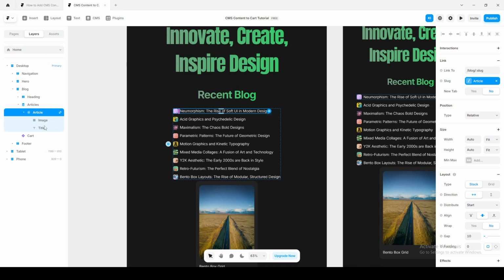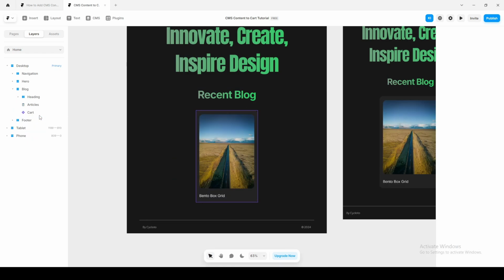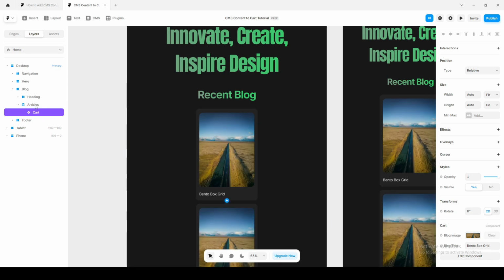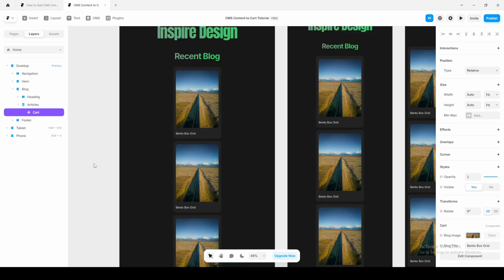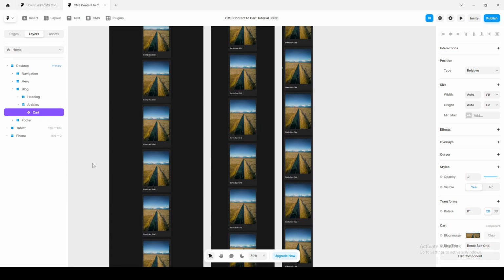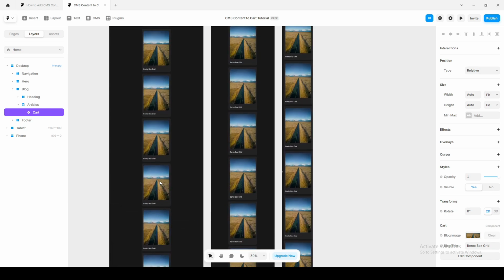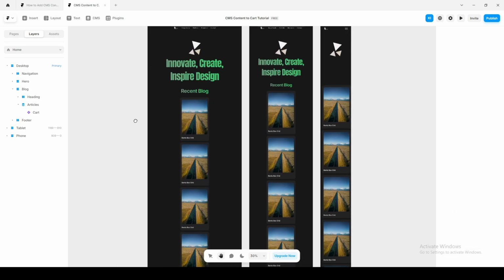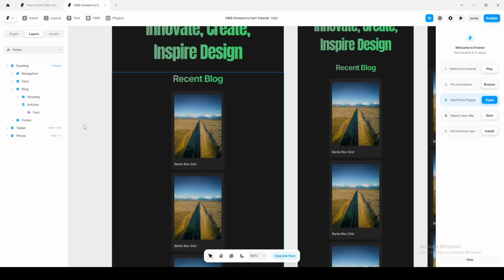Now we don't need this style and text, so we can simply delete it and drop our pre-designed card to this article. And as you can see, we have total of 9 articles and with the 9 cards. So let's style it now. Click on this article,